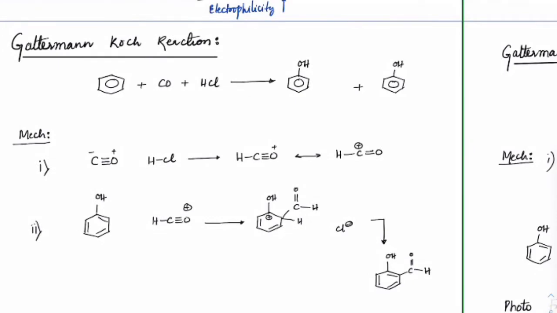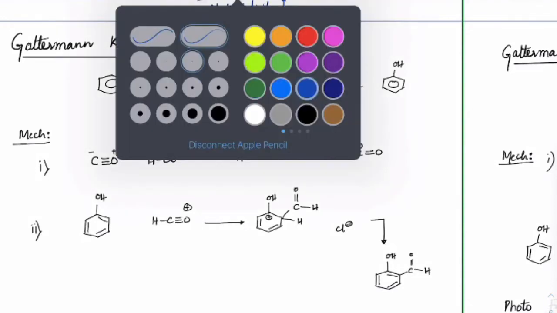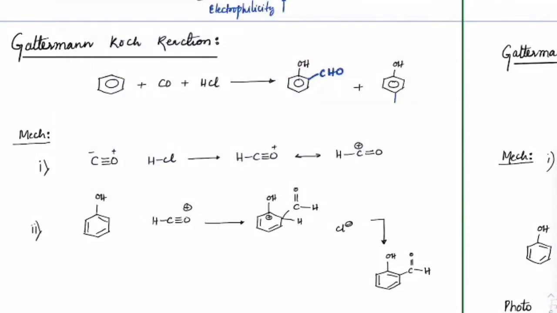You have seen this in benzene. Well, you were reading in benzene. I'm pretty sure you may have come across this reaction. So, the reaction is: if you treat benzene with carbon monoxide in the presence of an acid like HCl, we would end up having ortho products and para products of CHO. This here and here.